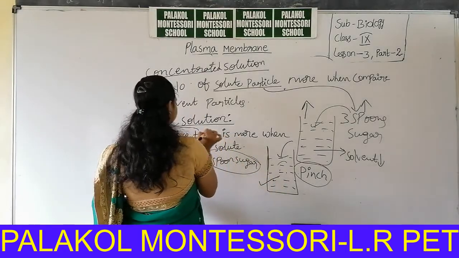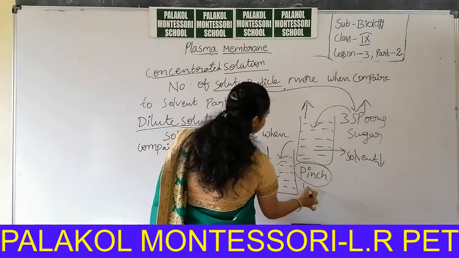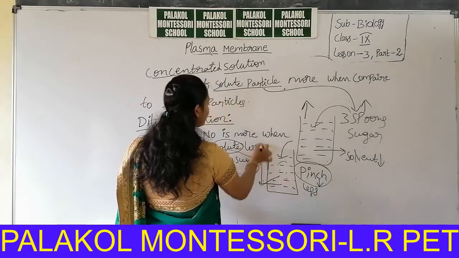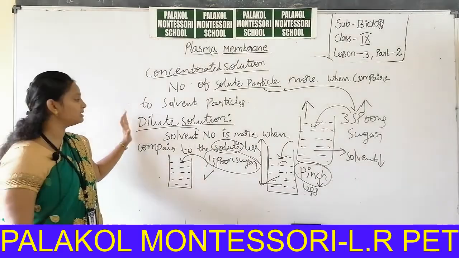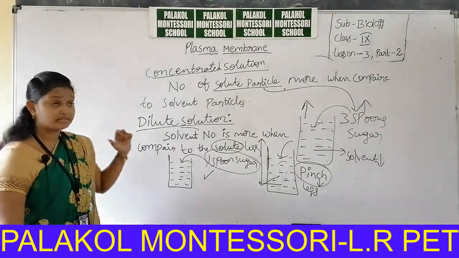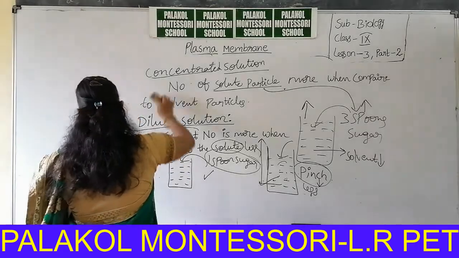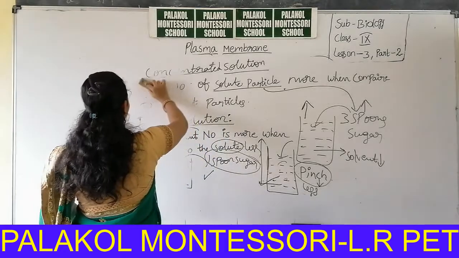That is, solute is less in number, solvent is more in number. So this type of solutions are called as dilute solutions. Okay, then